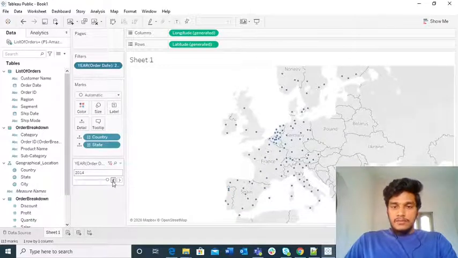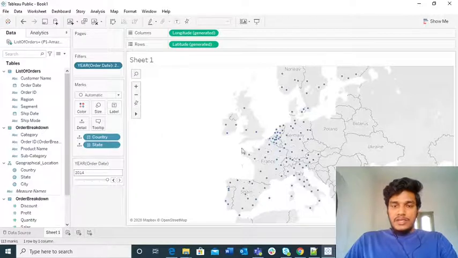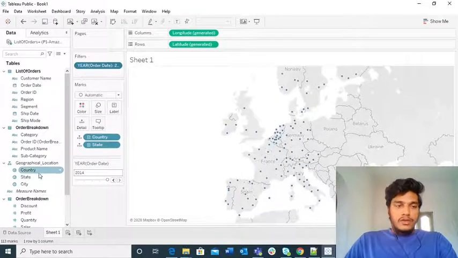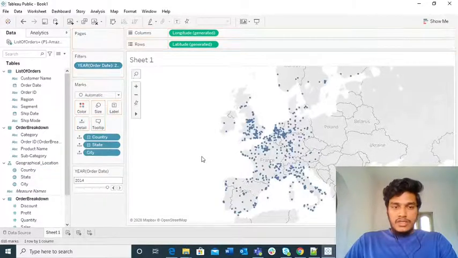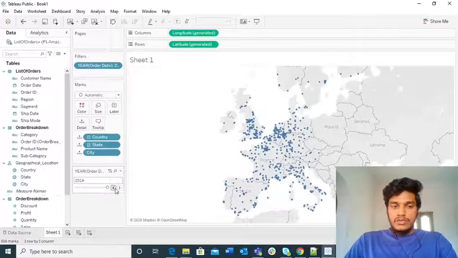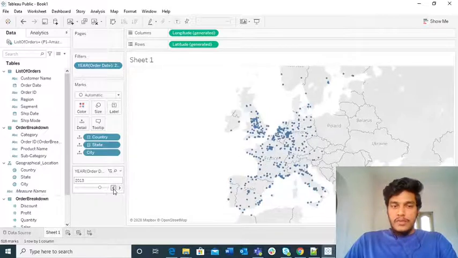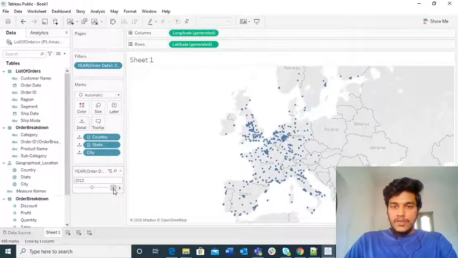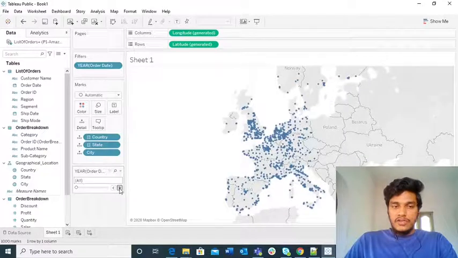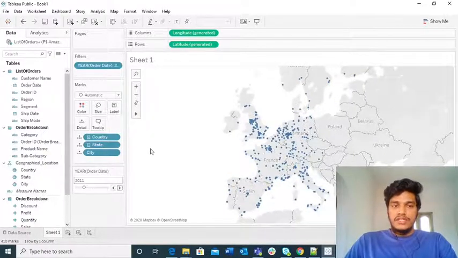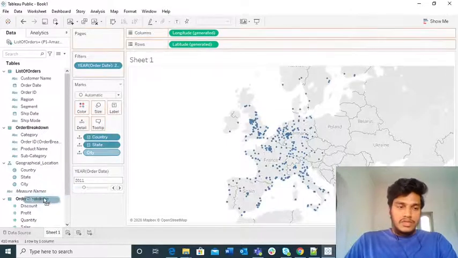There is a very slight change in the case of states, but if you consider the cities as well, then there might be a lot more information that you can see. Let us see here. If you consider 2014, this is the information, but if you consider 2013, this is. So these are the changes that we can observe here using the individual dates.